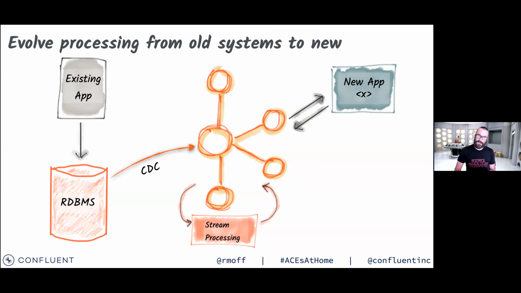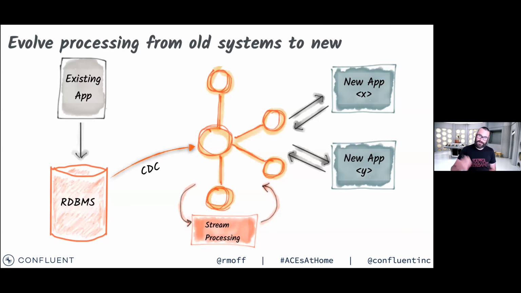And we can start using Kafka as the broker for messages being exchanged between new applications until we maybe even get to the point where we evolve away from the old one onto a new set of applications using Kafka and asynchronous communication between them. So there are different reasons why people want to get databases into Kafka, but it's a very, very common integration pattern. So let's look at how you actually go about doing that.